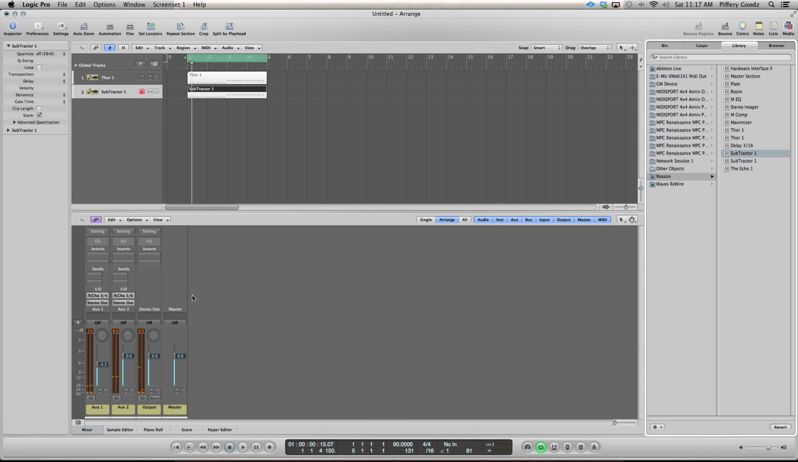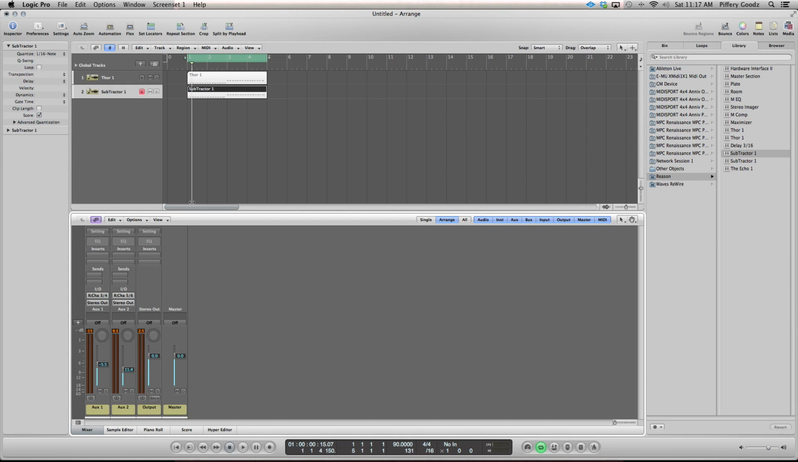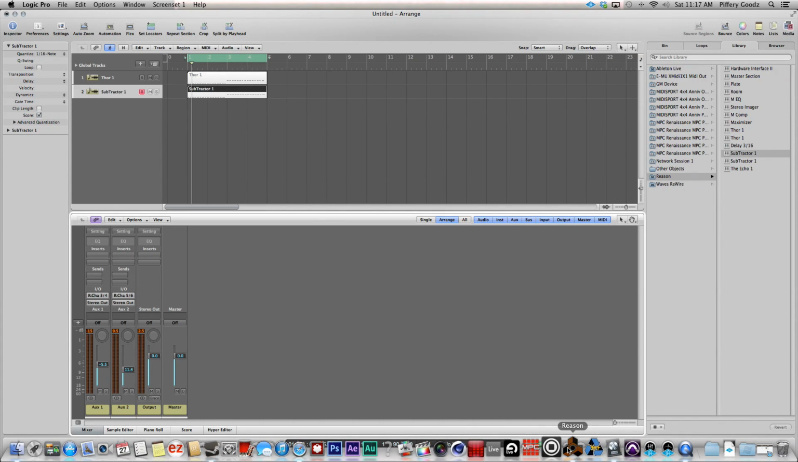So now we have our subtractor bass underneath, and we're going to quantize that right there. Subtractor bass underneath our Thor. So I'm going to turn that down a little bit. So now that we have that, another issue I was having, we have to go back into Reason, and they